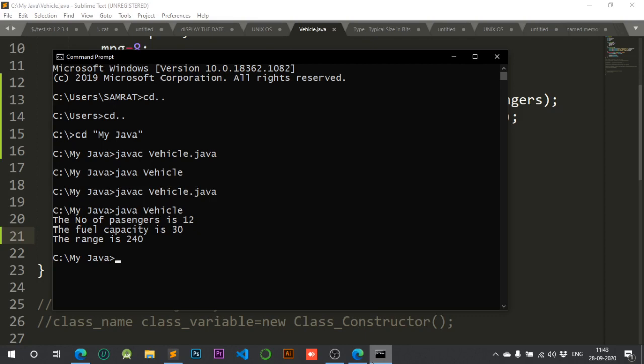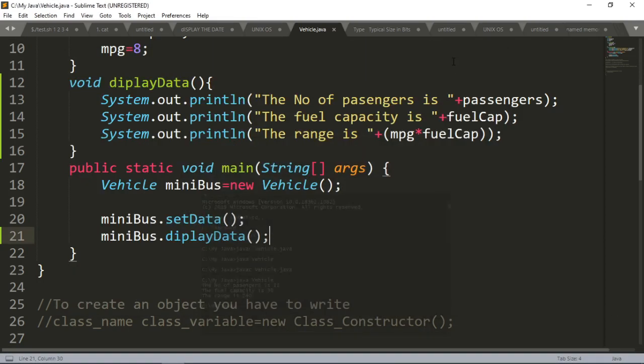So this is the use of a method or function in a class, and also the use of member data, that is the member variable or instance variable, in your class. Those are also known as class instance variables. So this is the importance. Okay, right now I will show you the importance of a constructor.